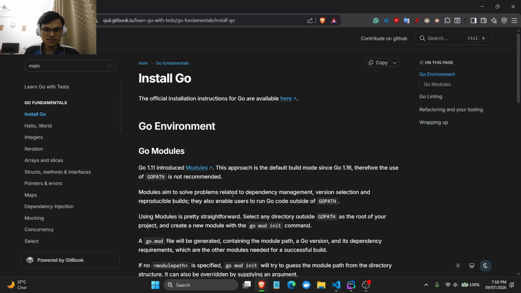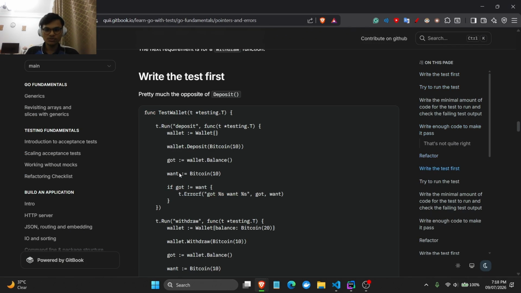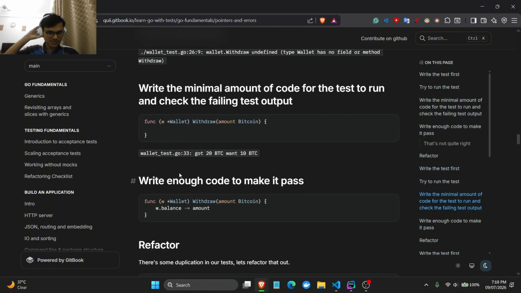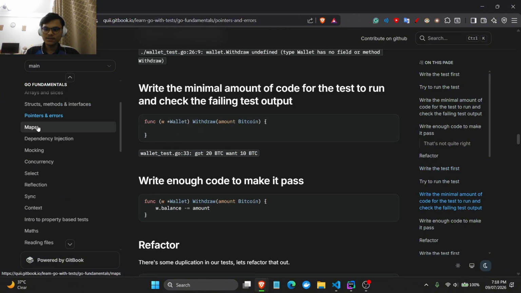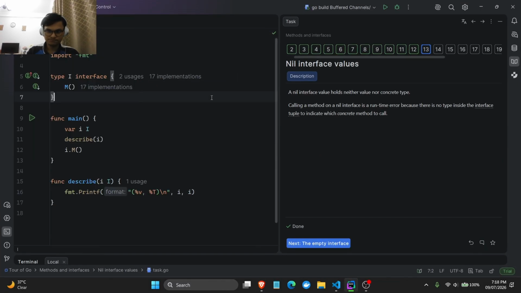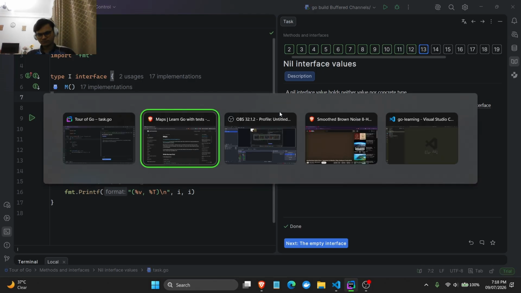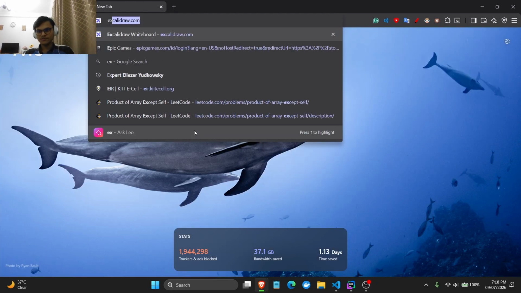I have been doing this, right? I did pointers and errors for the last one, and this one went over how we use pointers and stuff like that. And yeah, then we learned that. But I'm gonna finish this first. So what we learned yesterday, if I'm correct, we learned about